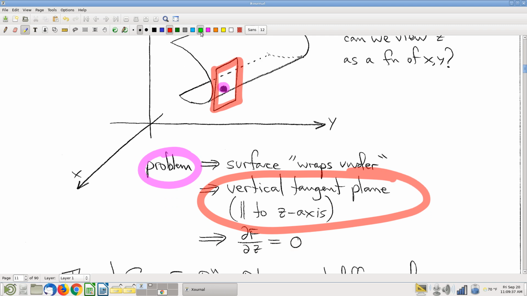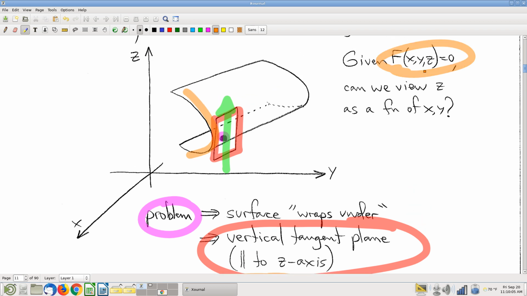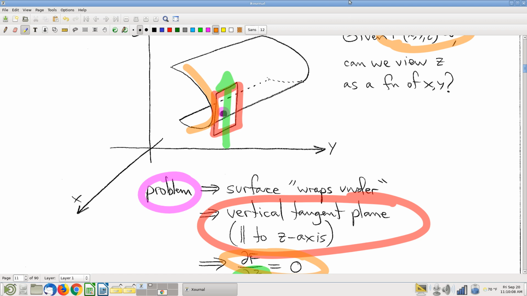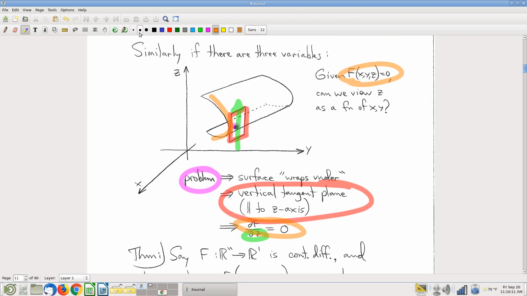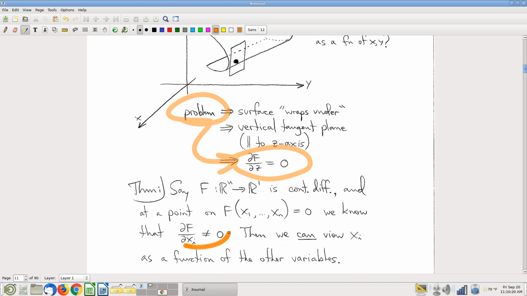And that means that as you move in the z direction, oh, I'm sorry, I have the wrong color there. As you move in the z direction, namely as you move along that plane, moving vertically, in other words, as you take a partial with respect to z, you're staying on the surface where f is constant because, of course, we're looking at a level set of f. So f is constant. Oh, let me zoom out. So that's the big idea. And again, you flip it around with the contrapositive. Problem means the partial is 0. And therefore, if the partial is not 0,